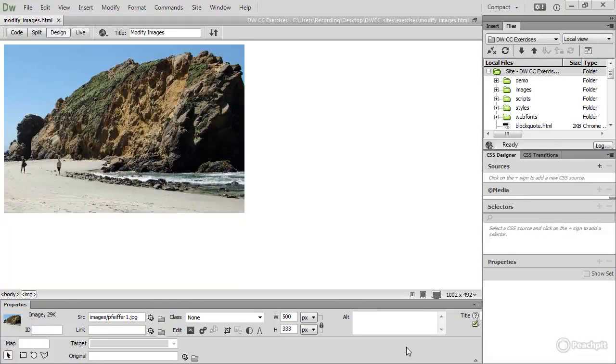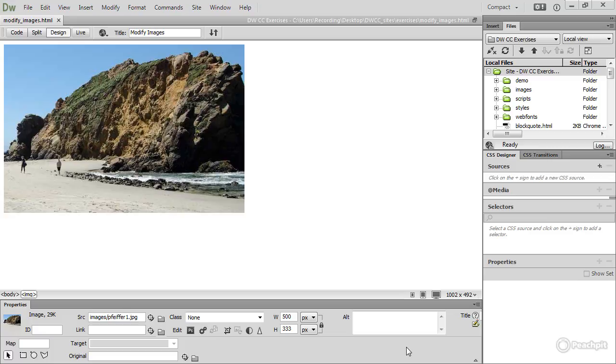Dreamweaver isn't a graphics program, but it does have a small selection of tools that allow you to edit images right inside the Dreamweaver document window. They make irreversible changes to your files, so I like to think of them as an emergency toolkit that should be used only when you don't have access to a dedicated graphics editor, but need to make a quick adjustment